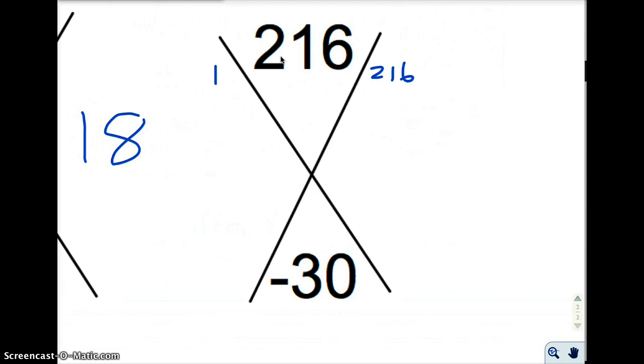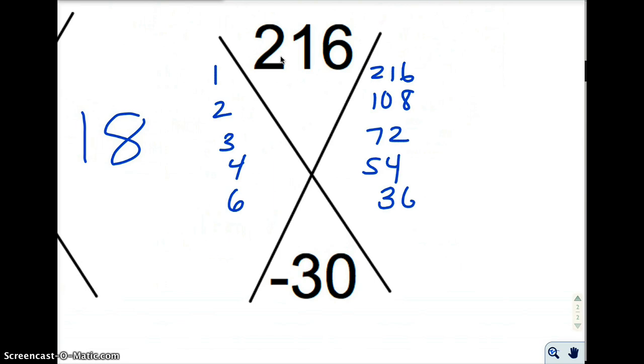I take 216 divided by 2, so 2 times 108. 216 divided by 3, so I get 3 times 72, and you keep on going. And you'll know when to stop, because you'll start in a circle, and I'll show you in just a second what I mean by that. So 4 and 54, 5 doesn't work, 6 and 36,